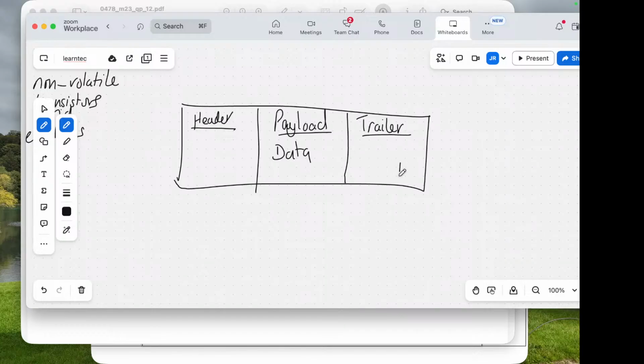The trailer only has the checksum, which is an error checking mechanism, which I'm sure will come up later in this paper. They always do, or something along those lines will. And then we also have in the header a number of things. We have the IP address of the sender, the IP address of the receiver,